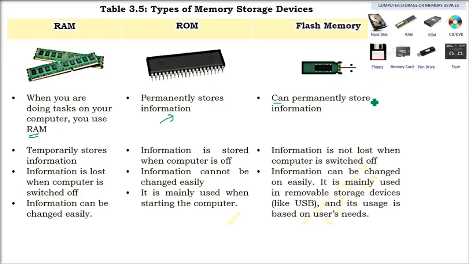It's a flash drive. It has RAM and ROM. So ROM is also there, so you can permanently save the data. RAM temporarily stores information only till your system is on. Otherwise, when you switch it off, the data will vanish. Okay. Next time when you start, the RAM will be fresh again. No data. ROM, information is stored when the computer is off also.